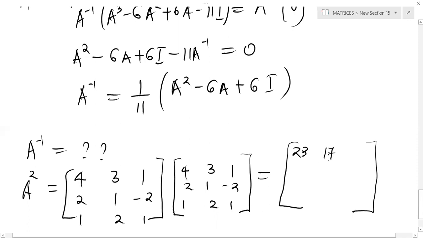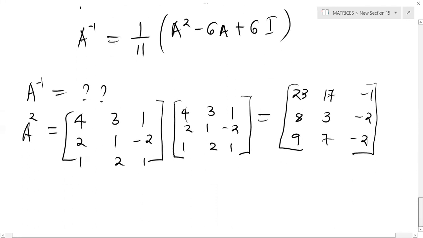So if you do the rest in a similar manner, you will have this as minus 1, 8, 3 minus 2, 9, 7 minus 2. That will be our value for A squared. And then next is 6A. So 6A is basically multiplying by 6 the value of A. So that will give us,